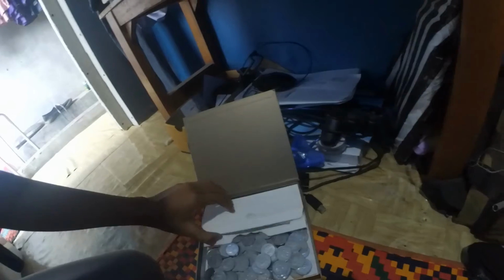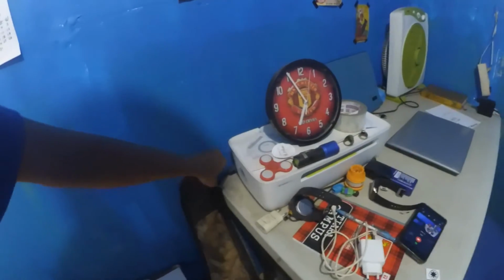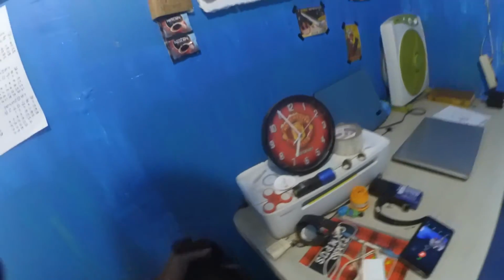I didn't open a bank account, so I put my money in there. Of course, this PlayStation 2 controller, and this is my, of course, it's my bank. I put my money in there like this. I put all my money, and that's my toolbox with some equipment, and of course I have this 10 times scope. I have this for my air rifle that I have here, just to show you. Okay, we open this. We got an air rifle,